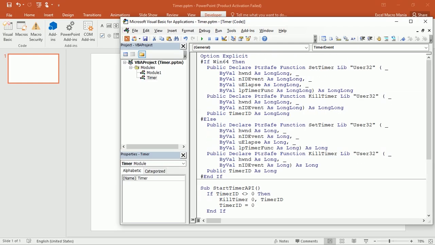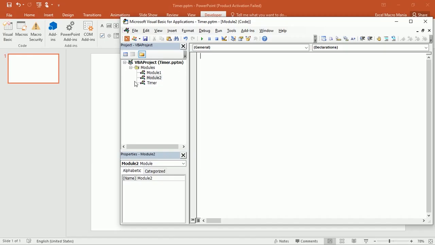Now, as I said earlier, we are using the set timer function. This is only available for Windows. If you are on Mac and you want to do this, you will have to use the timer VBA function. So let me add another module, and here we're gonna have a start timer function, and this is not such a good option as the previous one, but you can still do it. What you will need to do here is, again, add a text box,